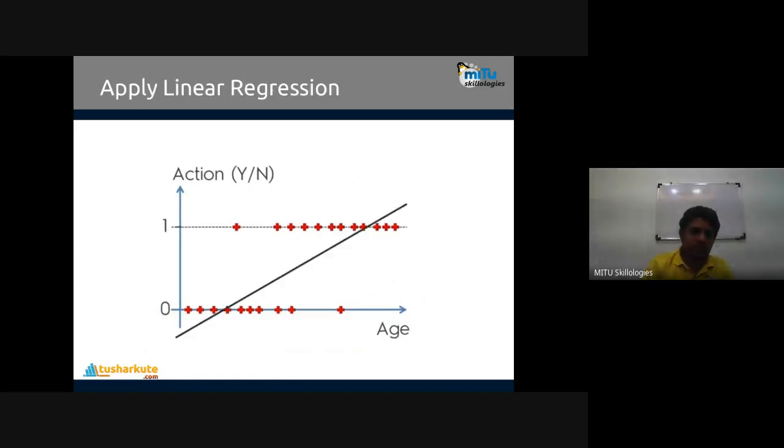For example, if I apply linear regression for this case, what will happen? My line will be like this, the averaging line of all. Maybe here the outcome is 1, here it is 0, and when I do the predictions, my result will be 0.2, 0.5, 0.6, 0.9, or 1.5 also. Above that will also grow. We know that regression is not limited. Any possible outcome is possible based on the given input. Here, below 0 is also possible.